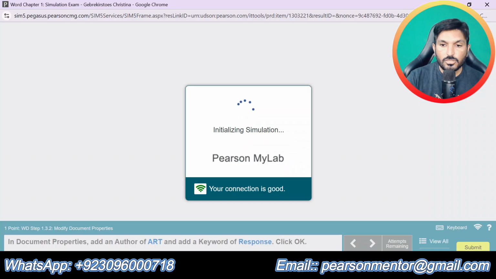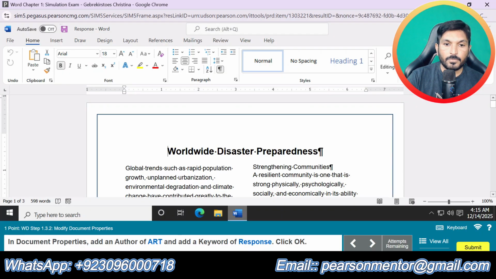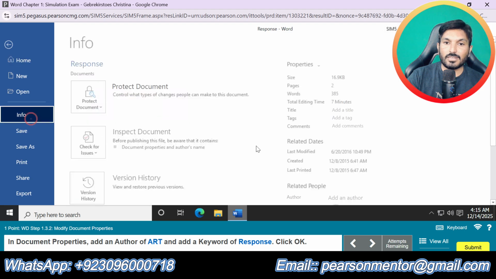Now let's do the next question, that is question number 11. In the document properties, add an author of art. Document properties, go to file, click info.